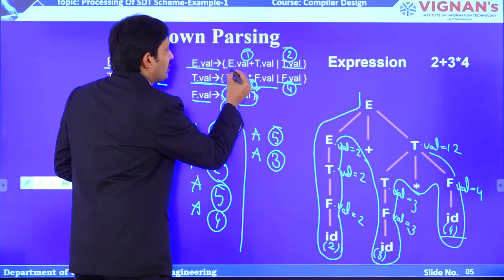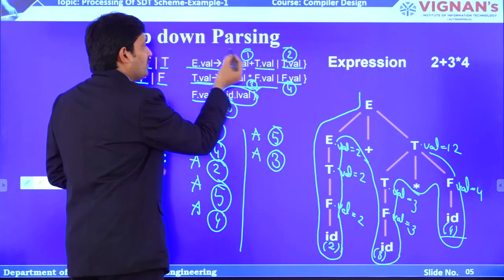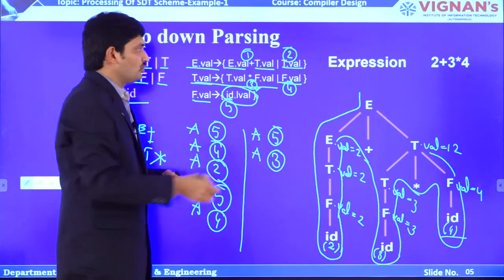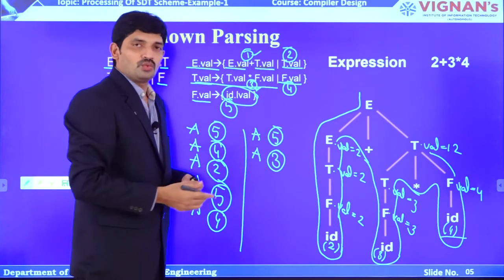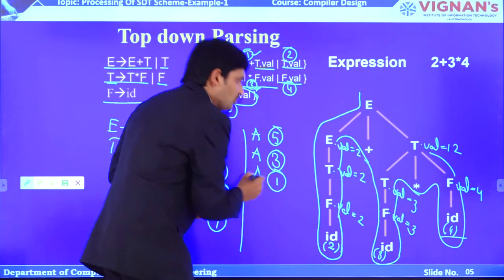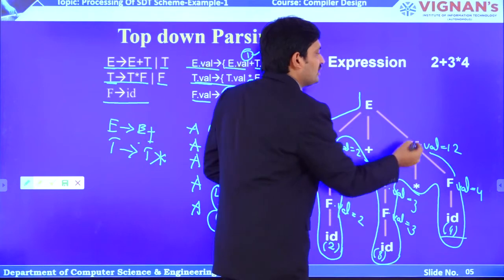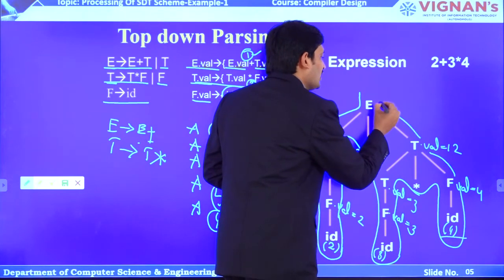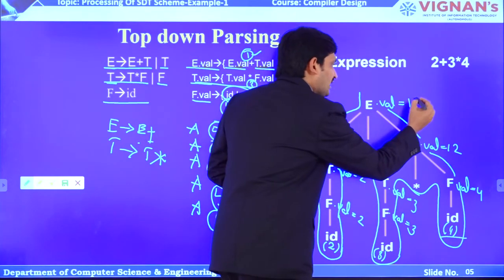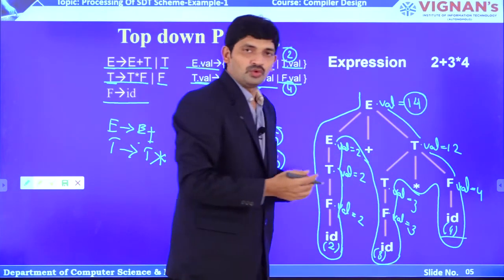So, we have to find what is the E value and what is the T value. After performing addition, we have to assign it to the E value. That is the action number 1. So, now we are going to perform the action number 1. So, E value equal to 2 and T value equal to 12. So, 12 plus 2 equal to 14, which is attached to E value. So, the final E value equal to 14.